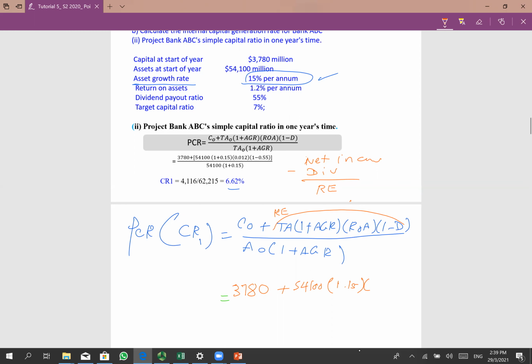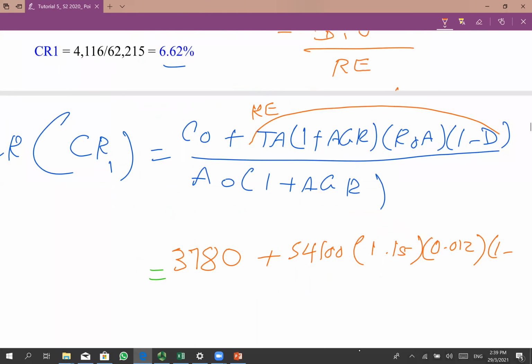I can make it like this. And it will pay 1 minus 45%, 1 minus 55%, which means now over what? Over my assets, which is